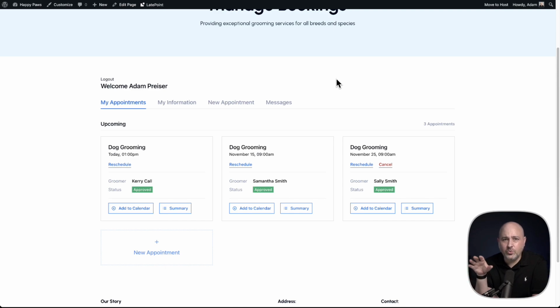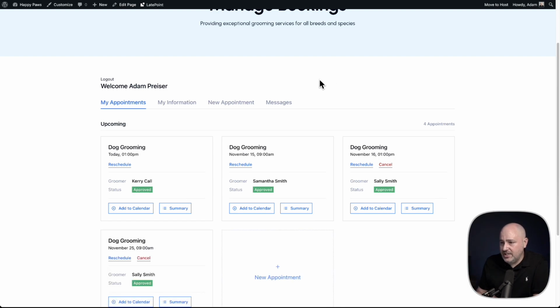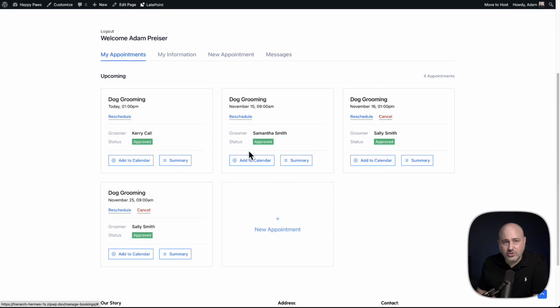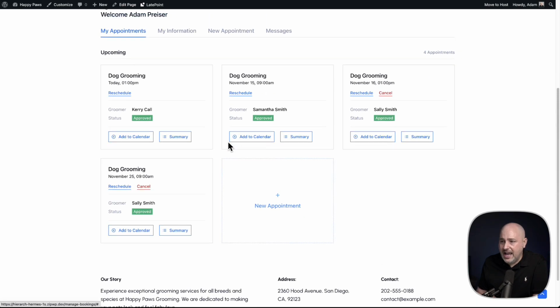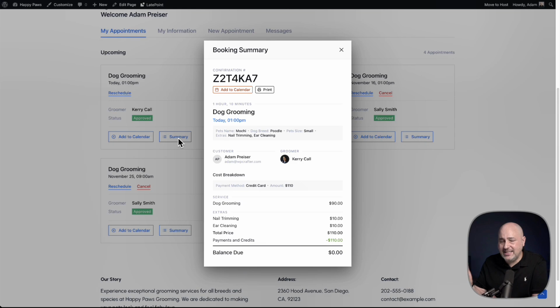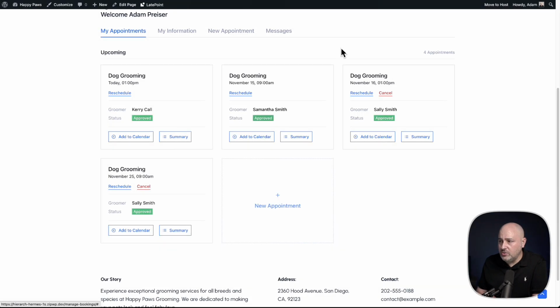Now, customers are going to receive an email receipt after they book, but they can also visit the customer dashboard right here. I will refresh it, and you will see that there's now an extra booking there, and you can control what you want to let someone do. So the customer can add it to the calendar with this button. They can click here and see the summary of the booking. And if you wanted, you could